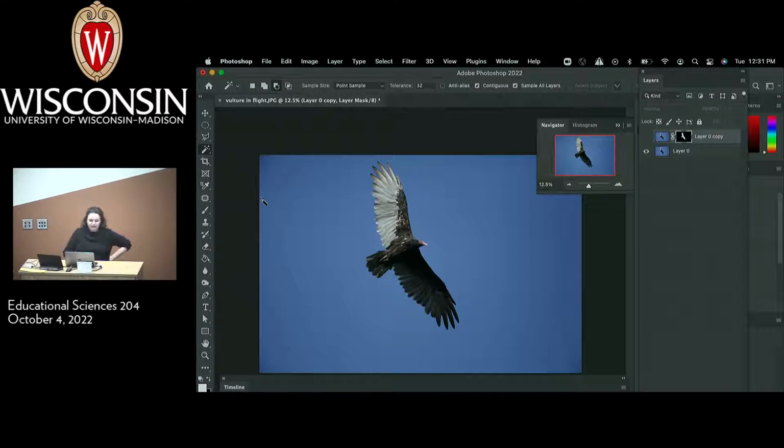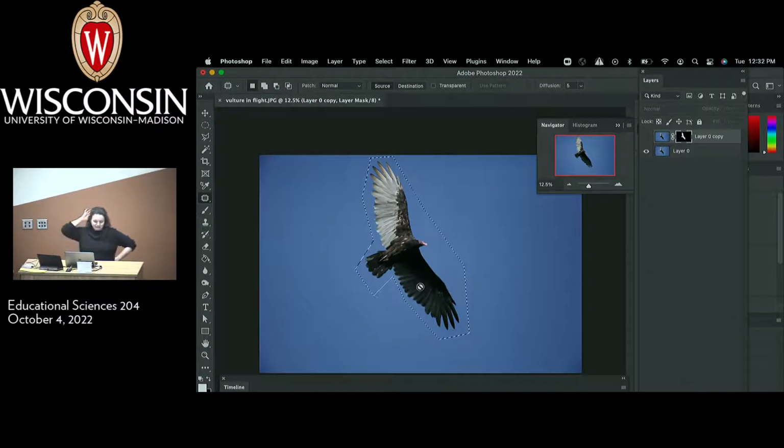There's a couple different ways. Actually, I'm going to show you a way that is very closely related to what we did in class on Thursday, which is using the patch tool. So I'm basically going to treat this vulture like a giant hunk of dust. I'm just drawing a shape around it with the polygonal lasso tool. And now I can take that shape, and if I grab the patch tool,